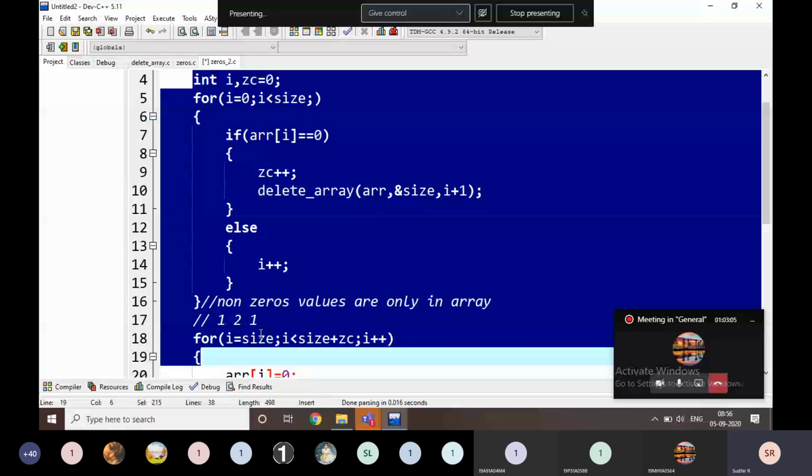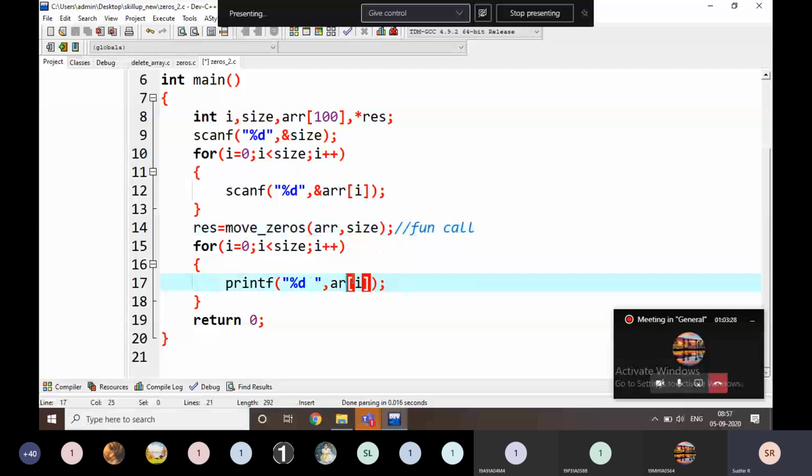The functionality will be something like this: star result, and the result is going to be like this, and I am going to print here. Just look here.